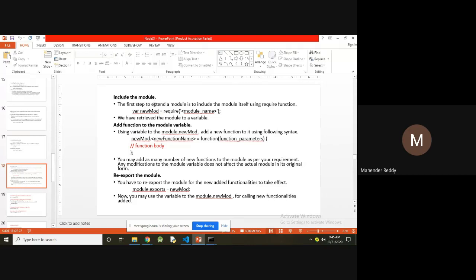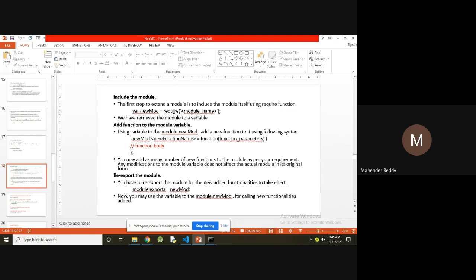The first step to extend a module is to include the module itself using the require function. Whatever module is required in your program, you have to use it with the help of require. For that you use a variable: var newmod = require(), and inside the parentheses you specify the module name.